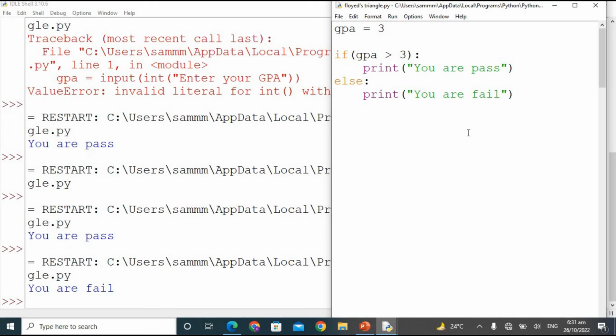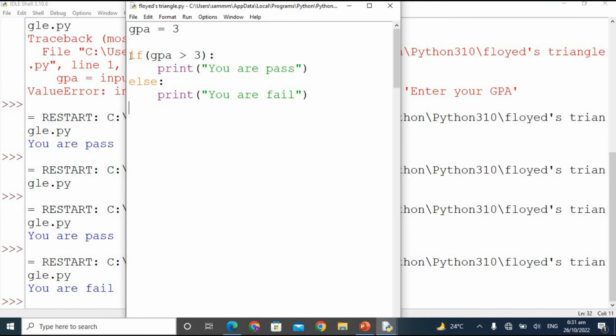Okay guys, so I'm continuing the same example. We are done with if, we are done with else. Now we are going to do another thing, which is else if. So else if always comes in between if and else. The keyword is elif, and give here a condition. So I'm passing another condition here, and I'm changing the GPA to 4. If the GPA is greater than or equal to 3, then type here